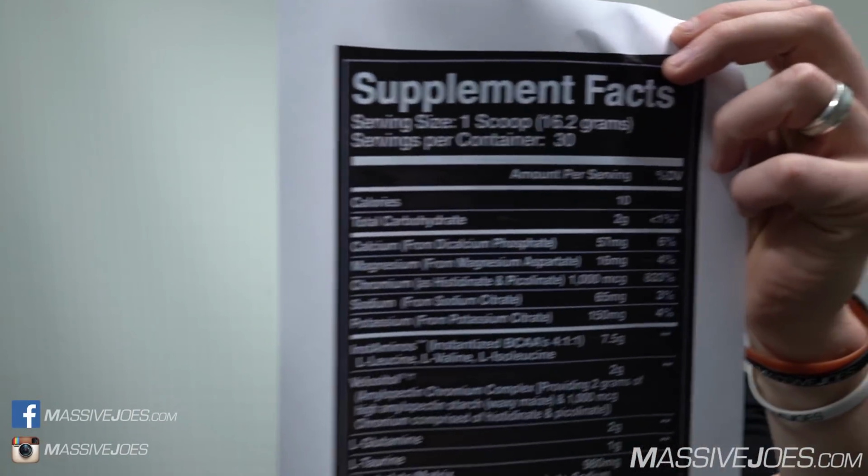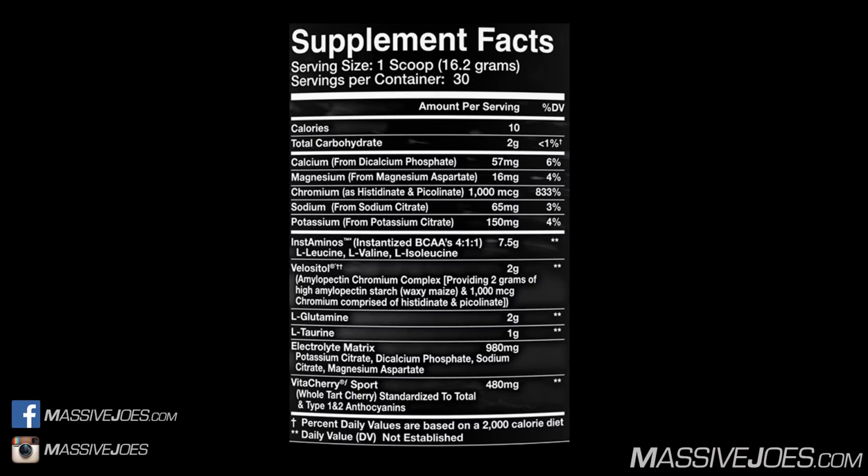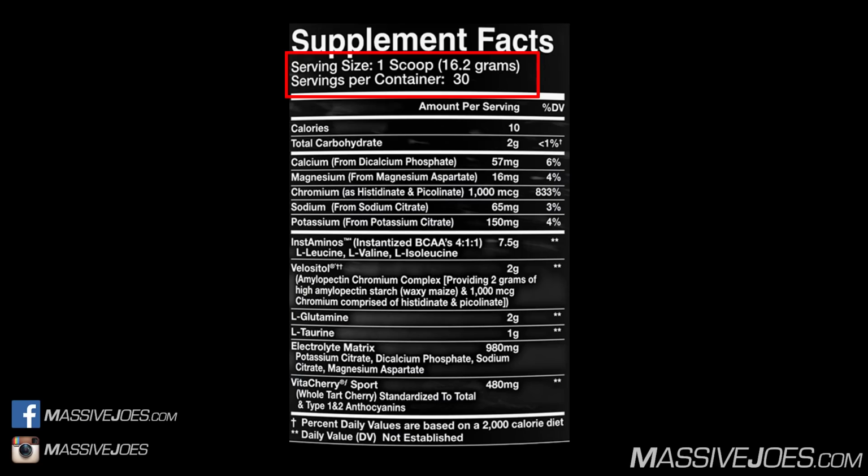Fortunately, got ourselves a big nutritional information panel for the viewers at home. Dilip, go ahead and cut that panel up on the screen. Starting from the top, serving size, 1 scoop, 16.2 grams. Got yourself about 30 of the 1 scoop, 16.2 gram servings in one of these Olympus Labs ENDUR tubs. In terms of what the 16.2 grams is made up of, Olympus Labs have been so kind to provide a